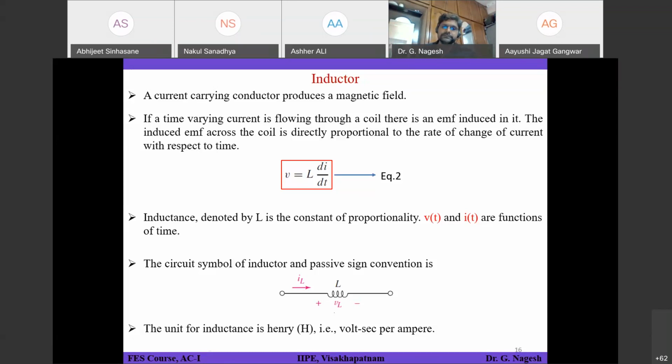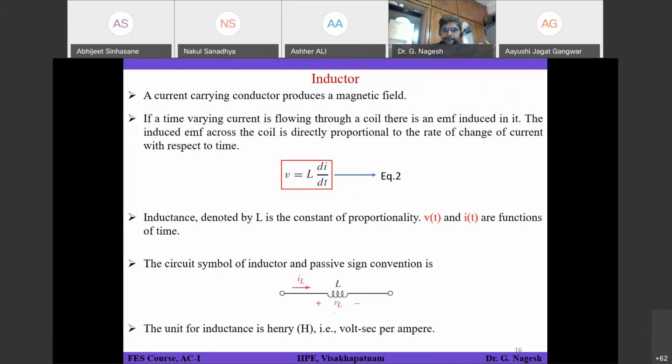DC capacitors are designed in such a way that I want to charge it and retain the charge for a long time. That means energy needs to be stored for a long time. That's the scenario you design for. But in AC, it's not like that. You charge for a half cycle, and in the next half cycle you may want to discharge. So the design process is completely different for DC and AC capacitors or inductors, whatever it may be.